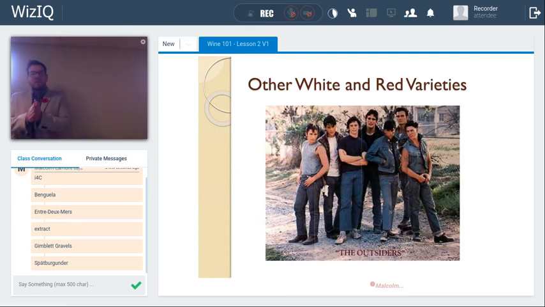And so, just before wrapping up for today's grape variety class, we'll talk, just as a teaser, about what are called other white grape varieties and other red grape varieties. I include a picture of the greasers from the novel and movie The Outsiders. The greasers, of course, were the hometown boys who weren't as favored as the Socs, the social class in this novel. But the greasers had the heart and character, and were always the go-to guys that you're cheering